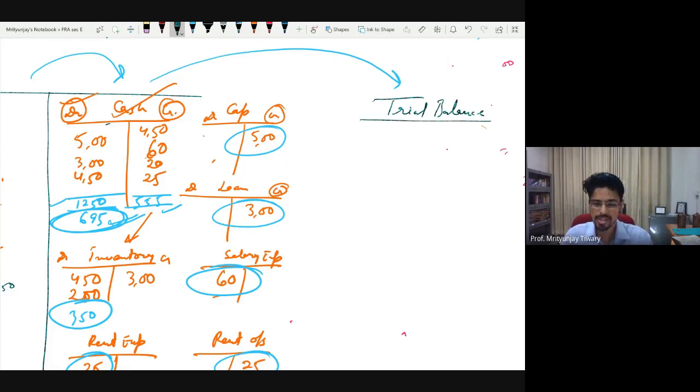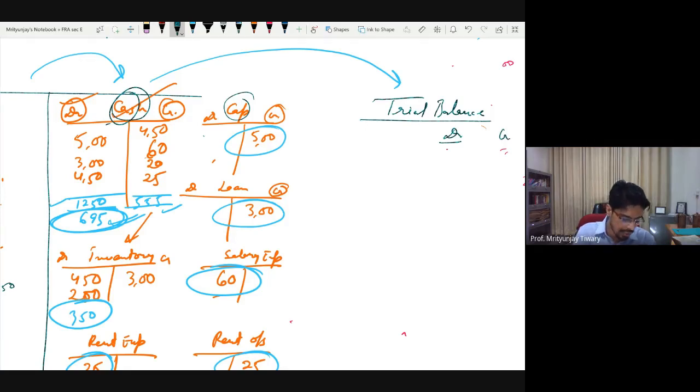Now, if you thought that preparation of ledger was easy, preparation of trial balance is even easier. All you need to do is find out and write the closing balances of all these headings in one table. Basically, we are writing all the closing balances in one table, and that's it. And we are demarcating debits in one place and credits in one place. Let me show you how. So let's say I will write all the debit balances here and all the credit balances here.